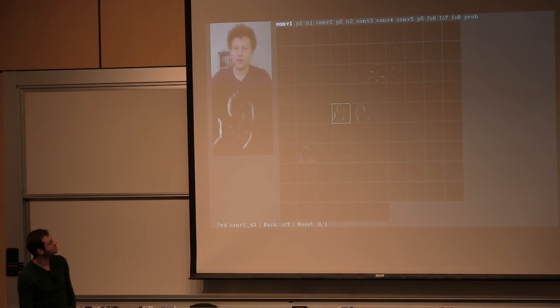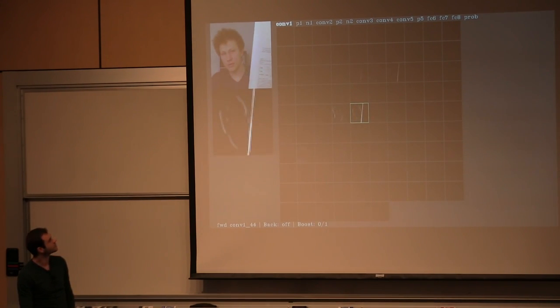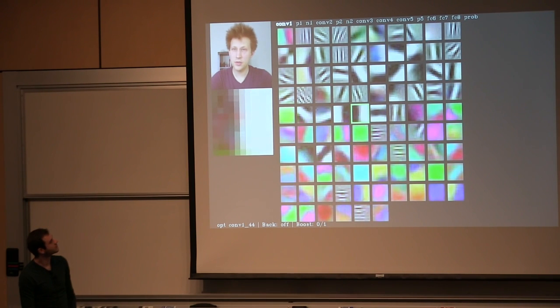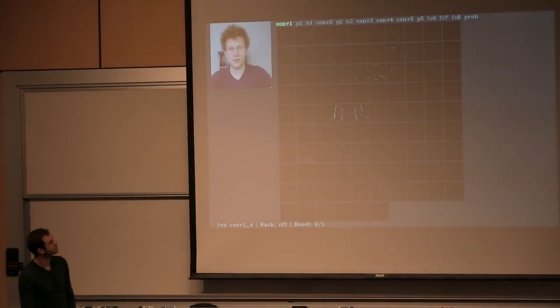For example, on this first layer, a unit in the center responds strongly to light to dark edges. Its neighbor, one neuron over, responds to edges in the opposite direction, dark to light. Using optimization, we can synthetically produce images that light up each neuron on this layer to see what each neuron is looking for. We can scroll through every layer in the network to see what it does, including convolution, pooling,